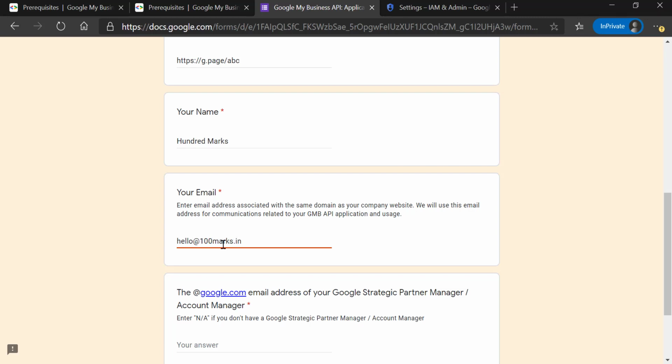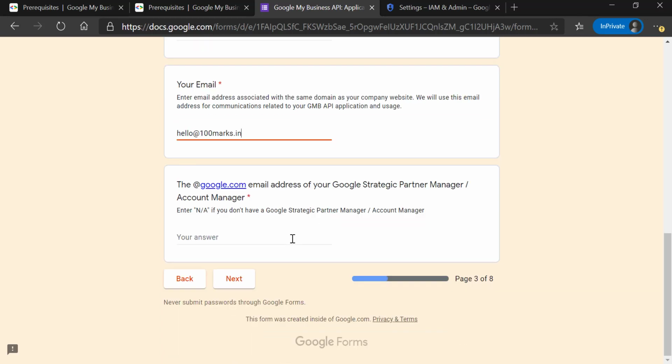Please note that you need to fill in the exact information. I'm just putting sample values here so that you can understand. If you have any account manager, Google Strategic Partner Manager, please fill out the Gmail ID. If not, then please fill in any.